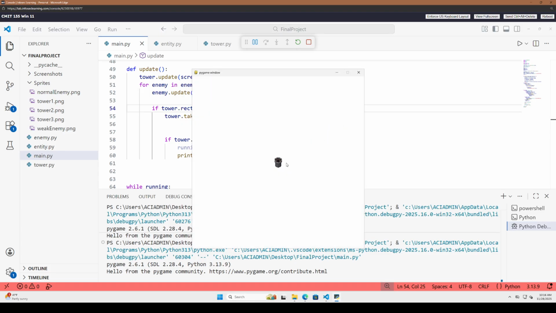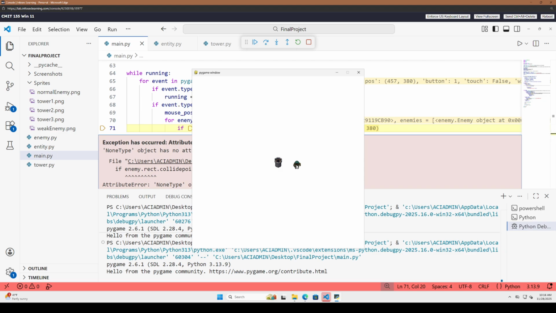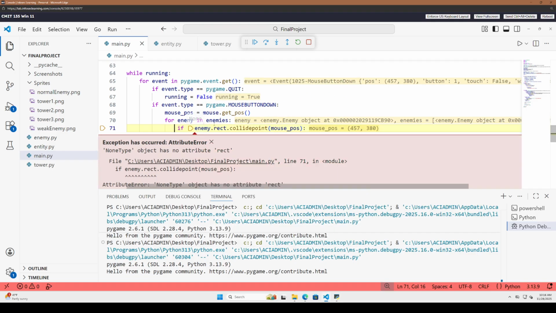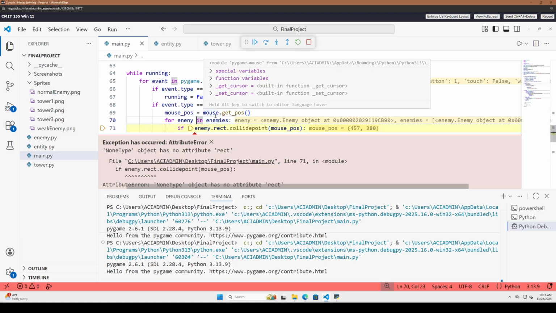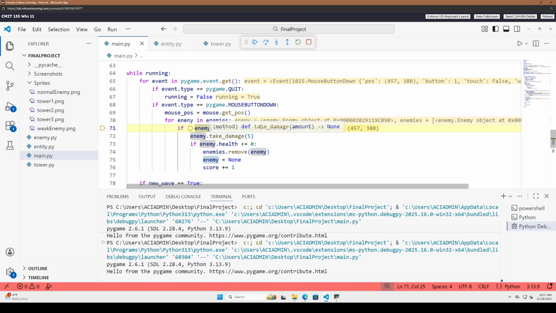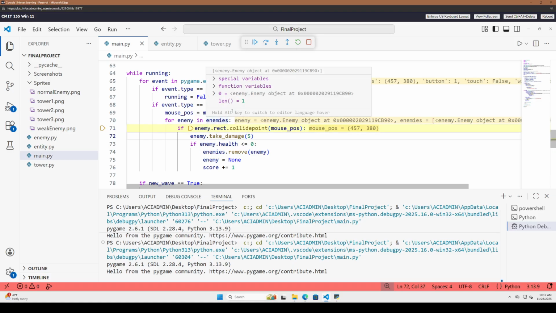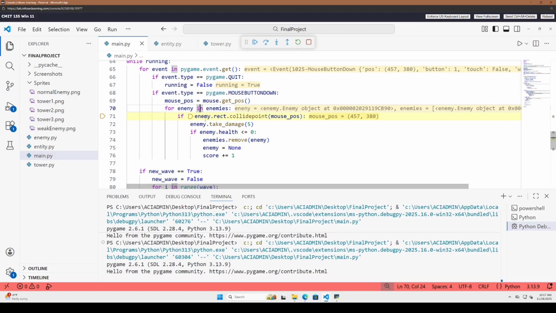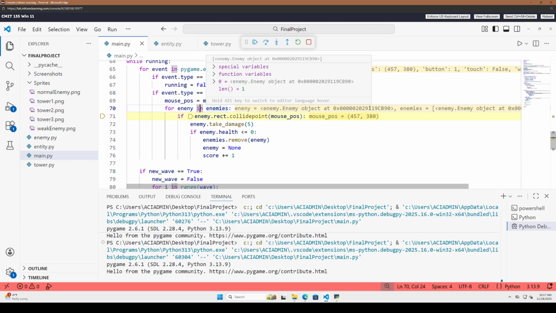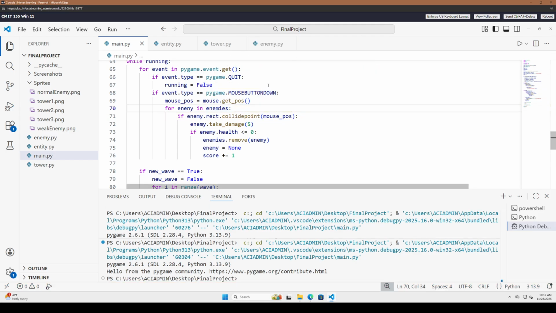Okay, and look at that, it came running in, we destroyed it, now there's two coming in, we have to click them. Oh. So, what happened here? There's some, oh, there's an error back here. Let's see what happened. So we clicked the object after it was set equal to none. Okay. So what we can do is for enemy and enemy, what we can do is we can stop this. We can say that